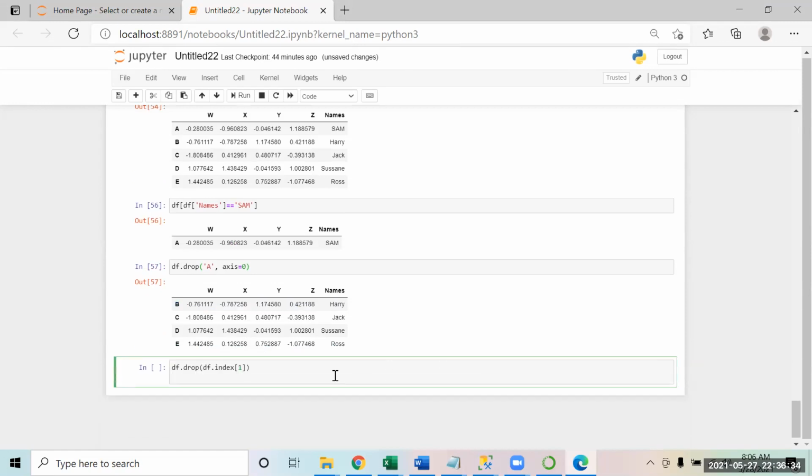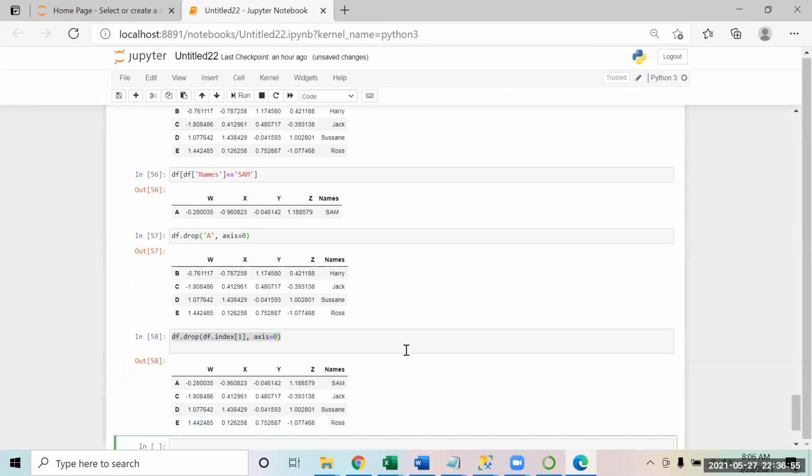Then we use the axis command where you say axis is equal to 0 or 1. 1 means column and 0 means row. That's it. Here also, if we use inplace equal to true, that will be a permanent change. Indexing is for both rows and columns. With inplace you have to be careful. If you don't use it, it is not going to remove it permanently. Like if you see now, A has come back.